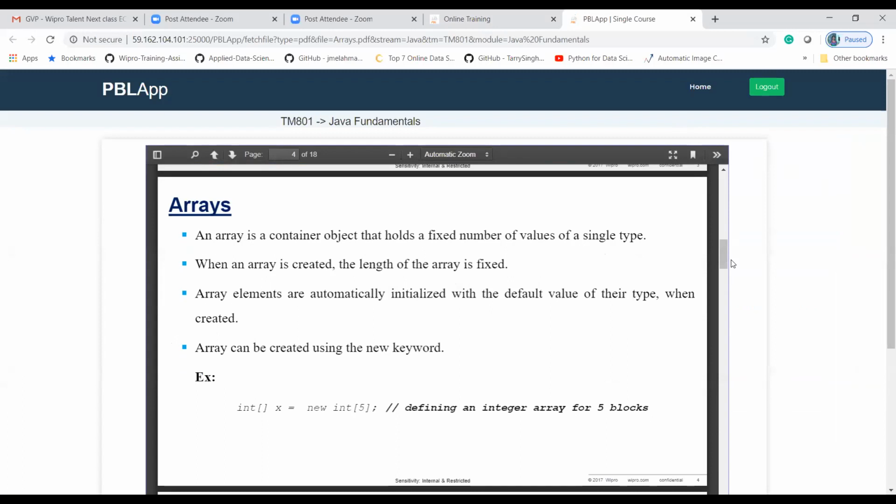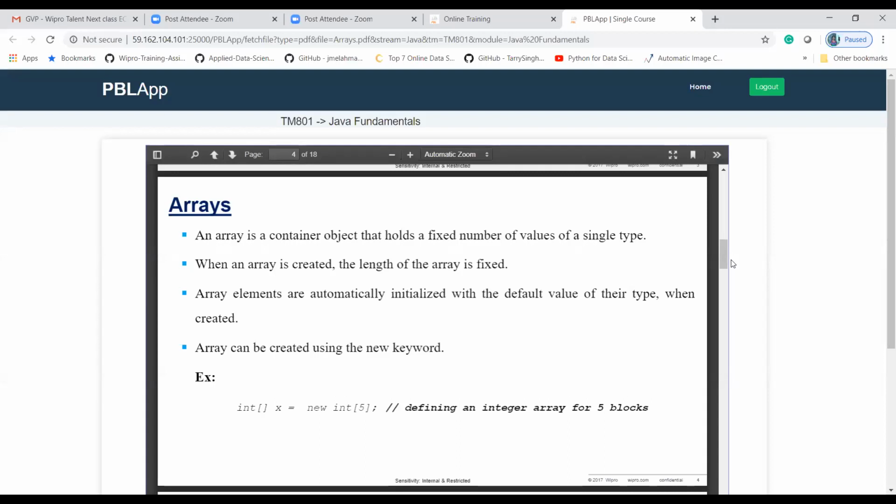The definition of an array is a container object that holds a fixed number of values of the same data type. When you create an array, its length must be fixed.